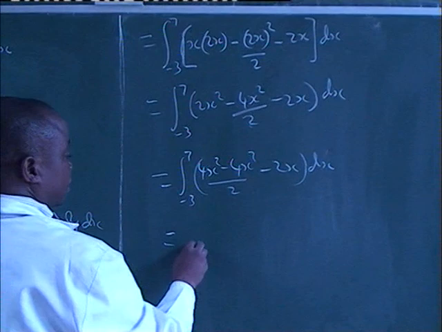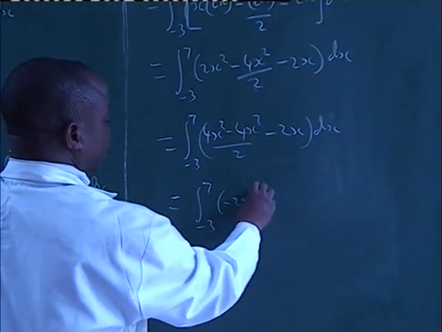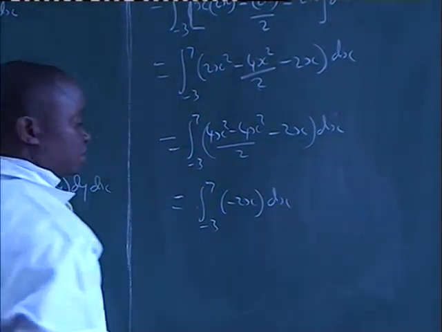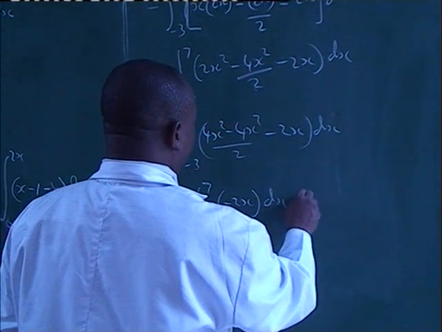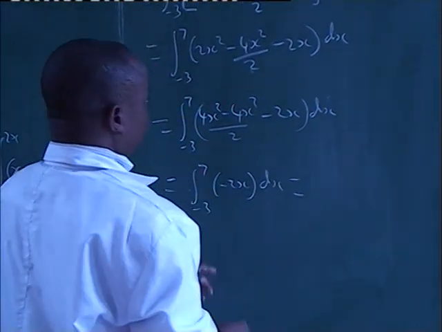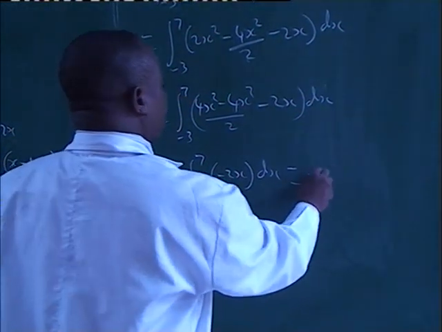That will give us the integral from 7 to minus 3 of minus 2x dx. And if we integrate this, we will have minus 2